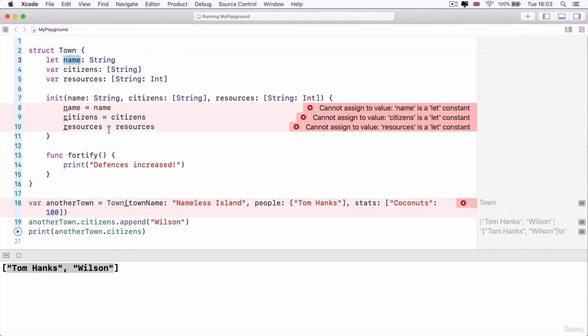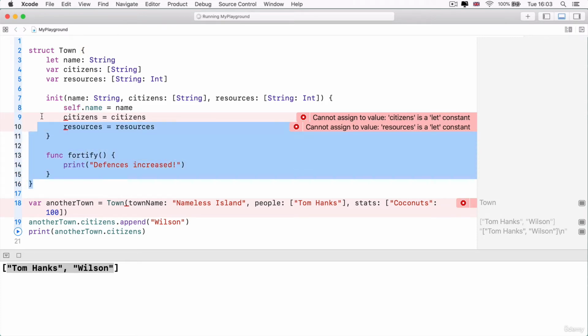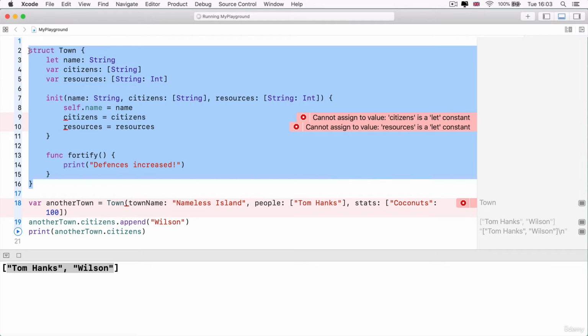Now, what else can I do? Well, I can make it really explicit which one I'm talking about, whether it's the property or whether it's the input here, by simply adding the word self in front. Now, you might have already come across this keyword self, and we haven't really gotten around to explaining it, and this is the perfect time to really explain it, because the self keyword refers to the eventual object that will be created from this structure blueprint.